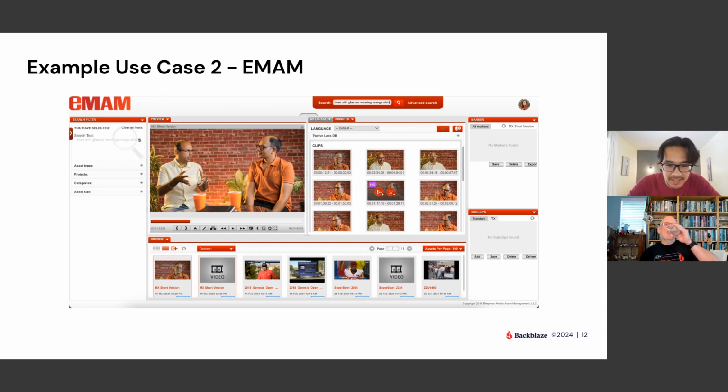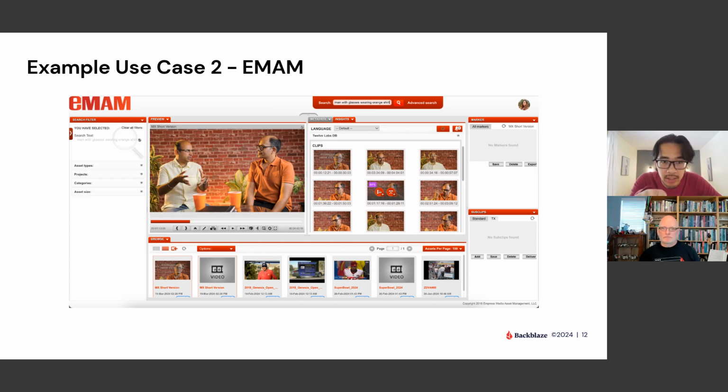Yeah, that is correct. So EMAM also does media asset management with integrated workflow and process automation, and as I mentioned, allows us to provide multimodal AI models. This integration empowers media organizations to find, create, and use video content efficiently and affordably. So the user here can use the traditional EMAM search feature, but also semantic search from Twelve Labs to find the best video segment or the whole video as needed.